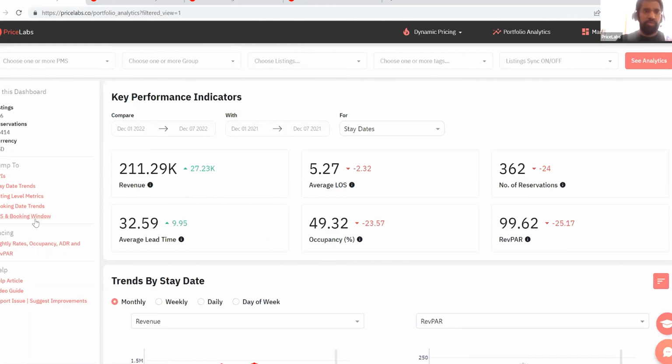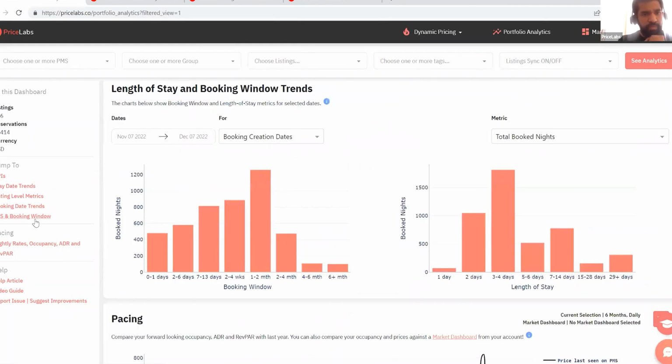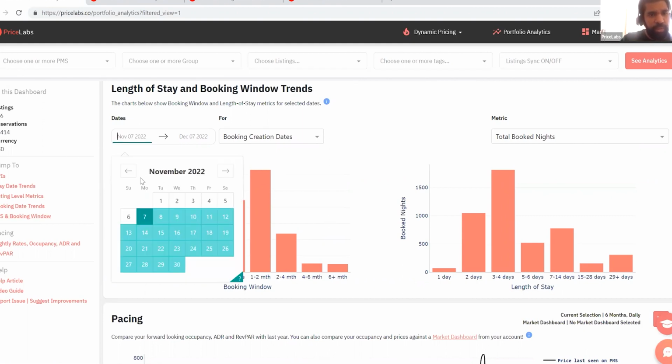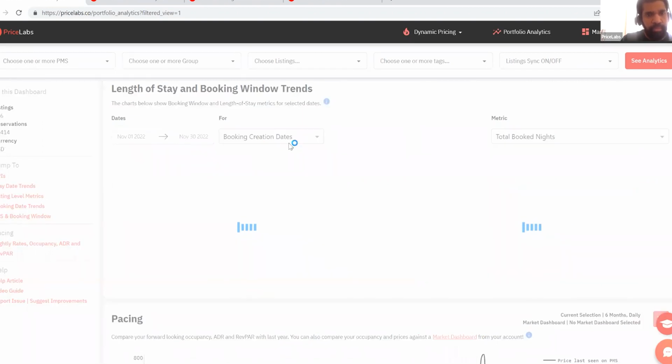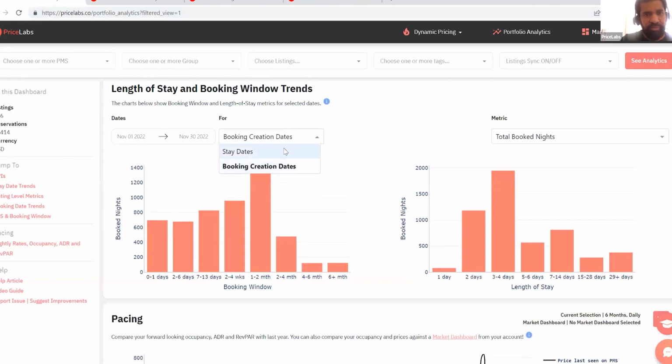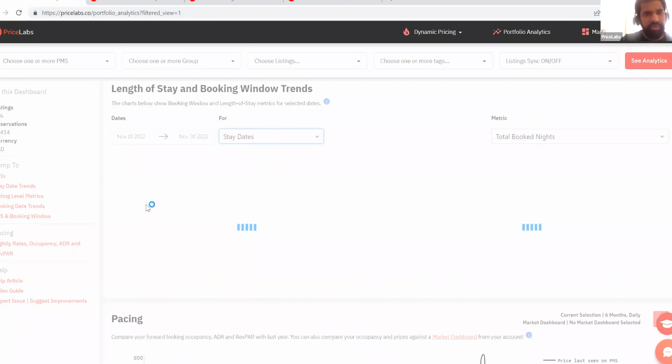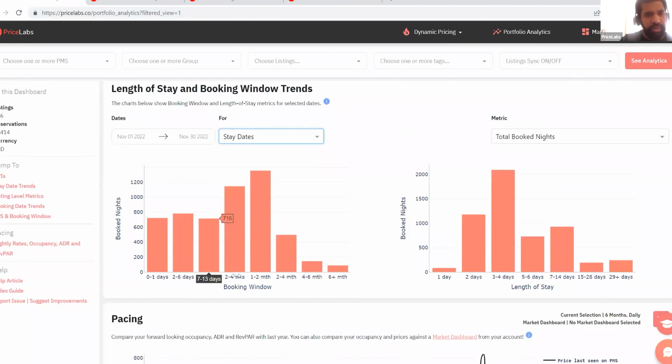Use case number two that I see very often is, oftentimes people don't fully understand what their average length of stays are, what their average booking windows are, right? We show that to you in the summary graphs, right? But here you can also see, for example, if I just wanted to see my month of November, maybe just by stay dates, right? I'll be able to see in the month of November what was the booking window in 2022, and what were the